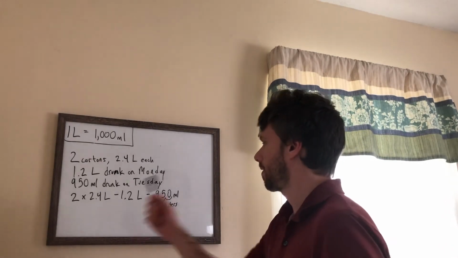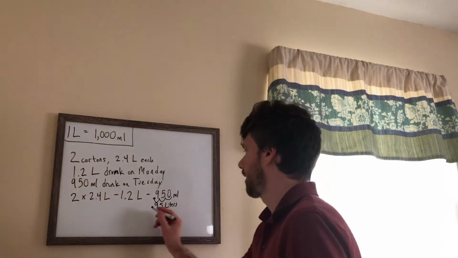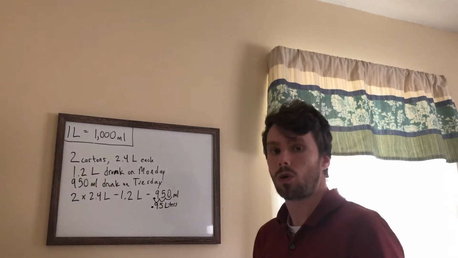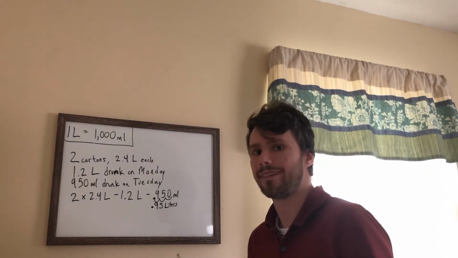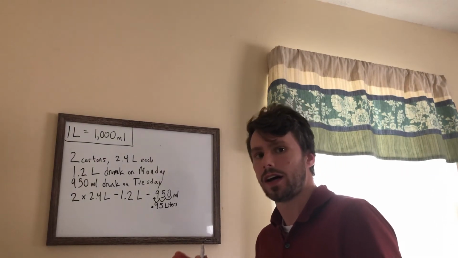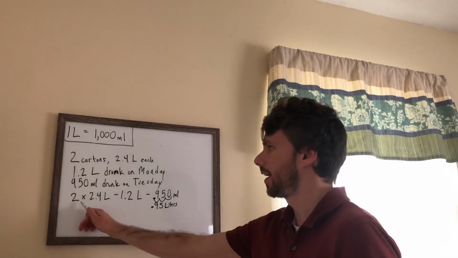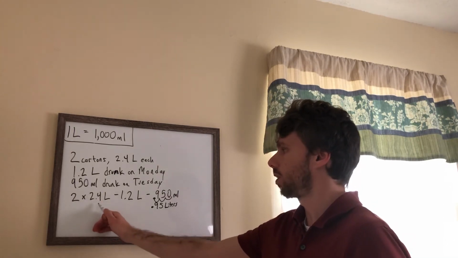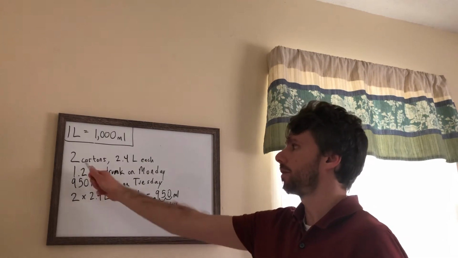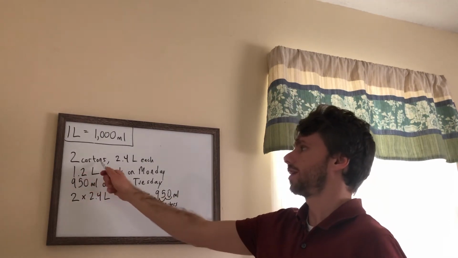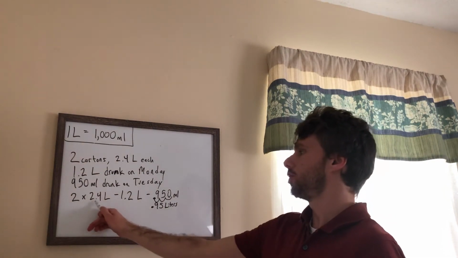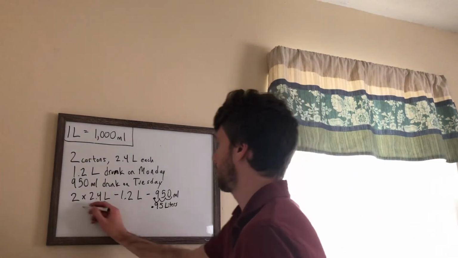All right, so the other thing we got to do is we have a multiplication problem right here. Remember our order of operations, we always multiply first before we do any addition or subtraction. So let's go ahead and multiply 2 times 2.4 liters. Remember this 2 is coming from the fact that we have 2 cartons at 2.4 liters each. So 2 multiplied by 2.4 gets us